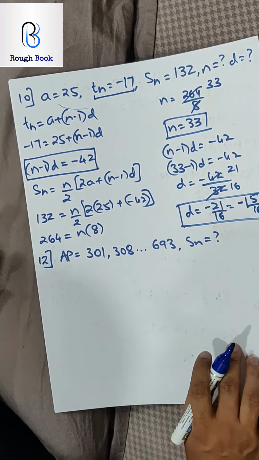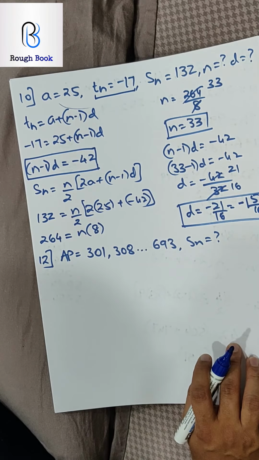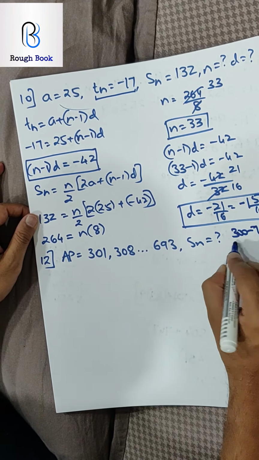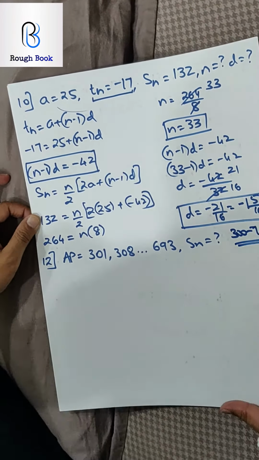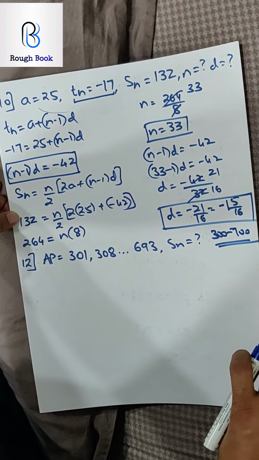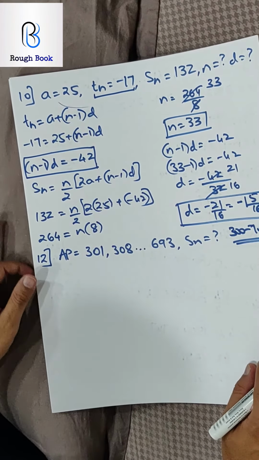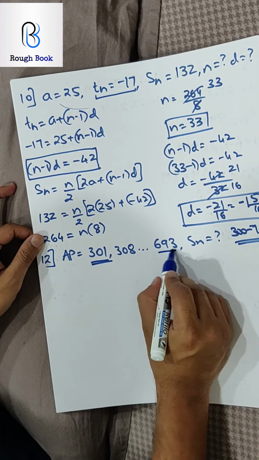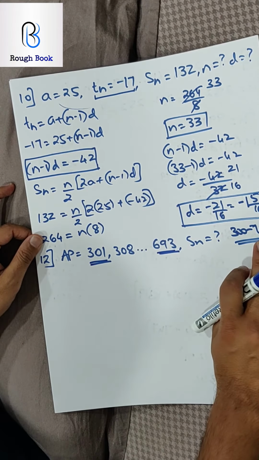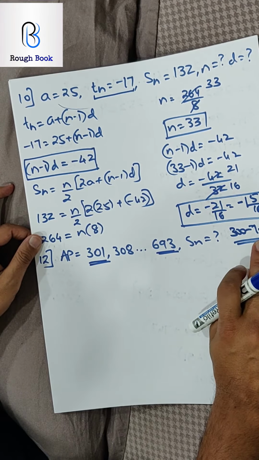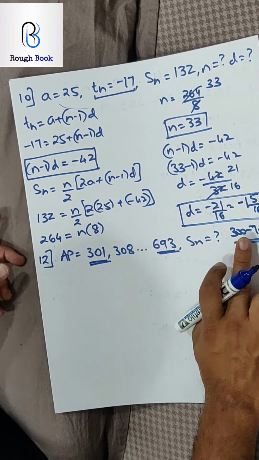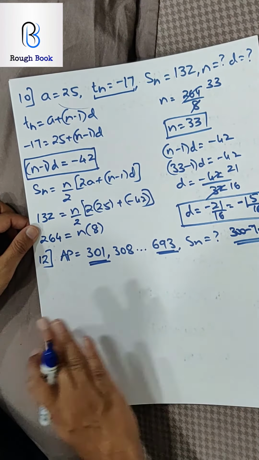Okay? Come on, 12th one, another good question. It says find the sum of all multiples of 7 lying between 300 and 700. So the range is 300 to 700. Many children go wrong over here. Why? Pay attention, why do they go wrong? So the major mistake they make, they get the first multiple of 7 correct, but the last multiple they take as 700. What have they said? They're saying multiples of 7 between 300 and 700. So 700 is not included.